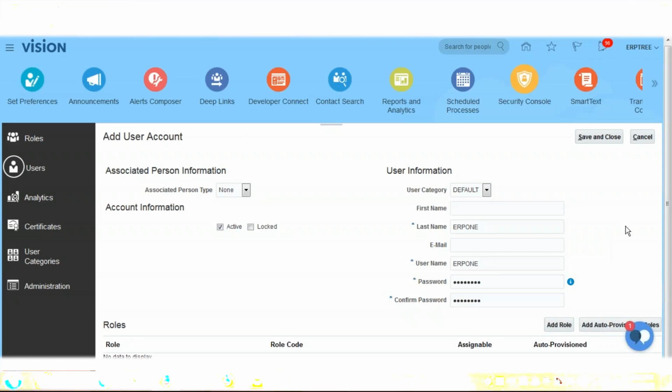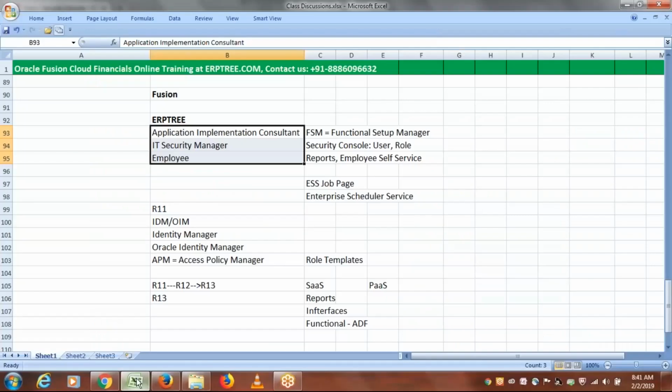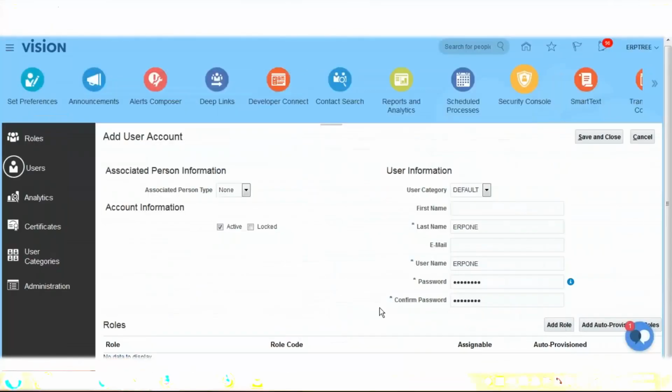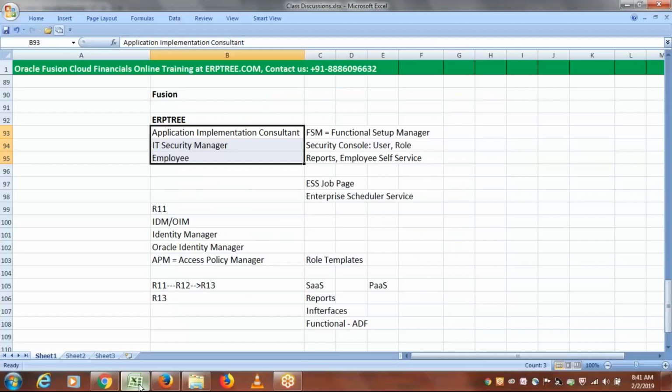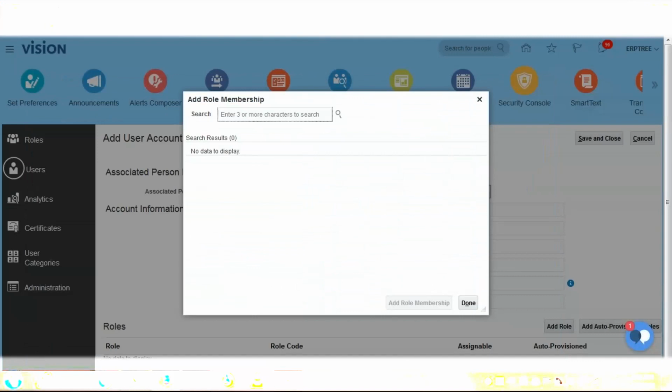Now we have to assign the roles. How many roles we have to assign? Those 3 roles. Here click on add role. Just click on add role. Search and find and assign. The first role is application implementation consultant. Just type here application